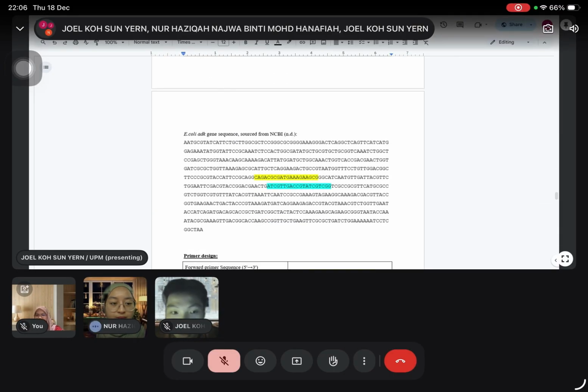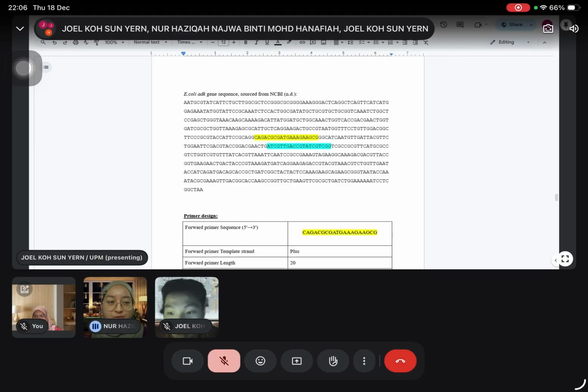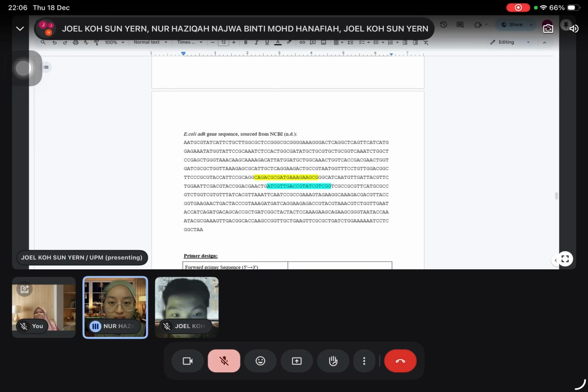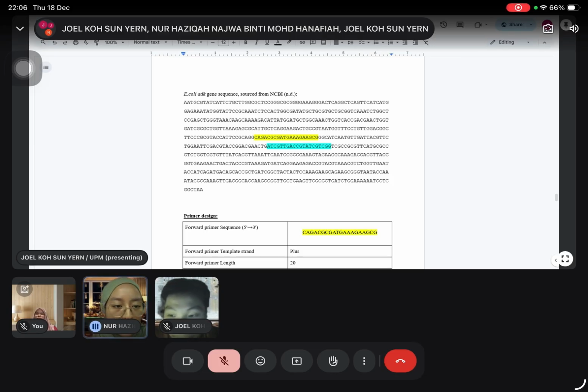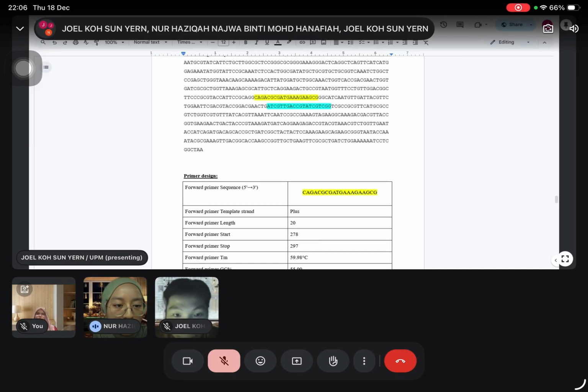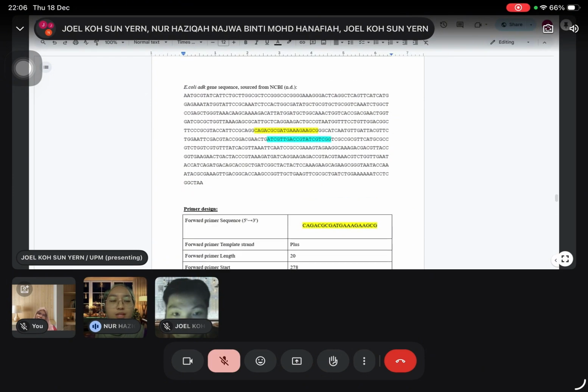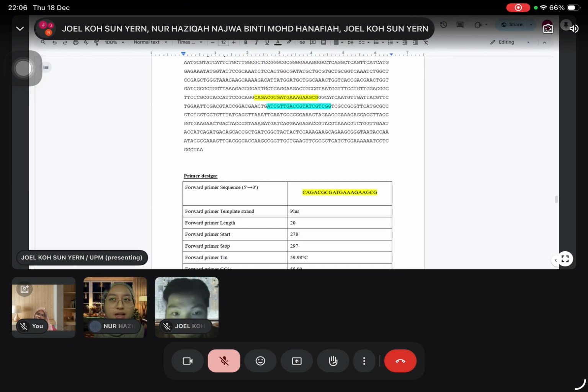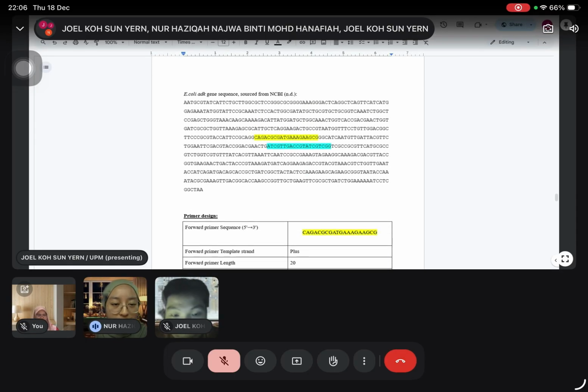Okay, so we move on to the last E. coli gene sequence, which is the ADK gene sequence. The full name of ADK is adenylate kinase. As you can see, the yellow highlighted one is the forward primer sequence from 5' to 3', and the blue highlighted one is the reverse primer sequence. So firstly, for the forward primer sequence,